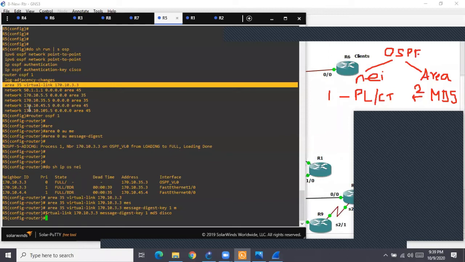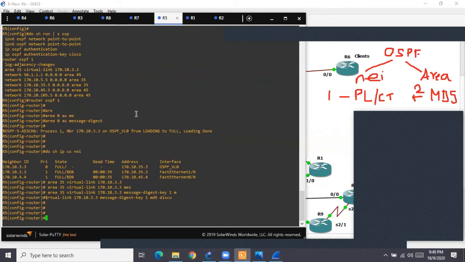Anyway, the good news is, from the lab point of view, they tell you what password to be used, so you don't need to think too much in the exam. They will tell you what passwords to use, and you need to blindly do that. In the real world, you are the king. You can do whatever you like in your domain. If you want an easy life, keep it the same. If you want challenges, keep it different.